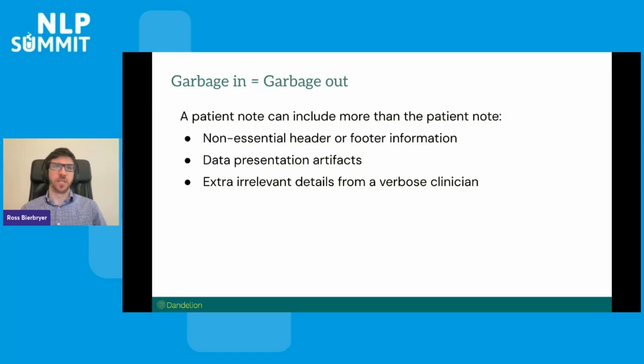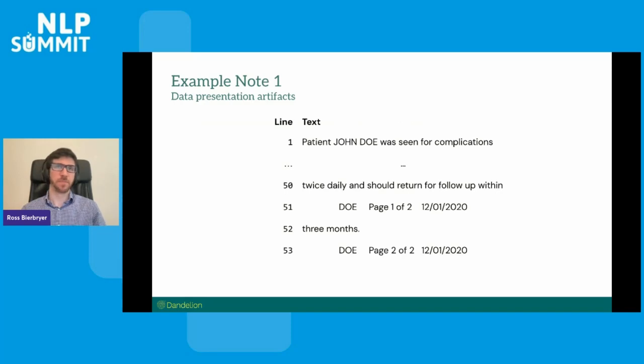This context might be extraneous information, weird formatting, or embedded metadata that only makes sense when a human views the data. For example, some notes may be stored line by line, converted from a PDF document. If that PDF has a footer at the end of the page, there's a good chance that it's going to be pulled into that note. And if that footer has PHI, such as the patient last name and the date of the note, you're in trouble. I'm pretty confident that healthcare NLP detects the date in that footer, but